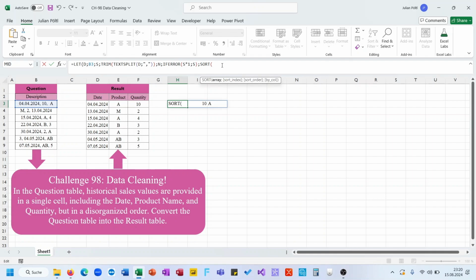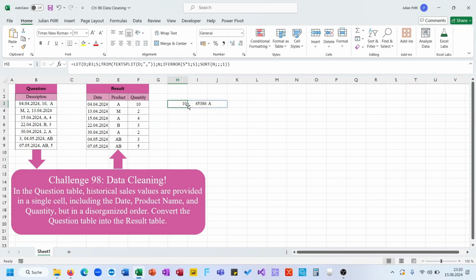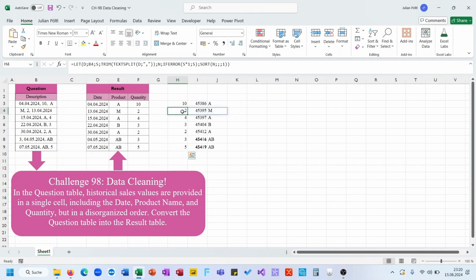to sort this by column. Need to sort N, and there you get it. So here we have the quantity, and then the date, and then the product, and it is the same for everything, because the SORT function first